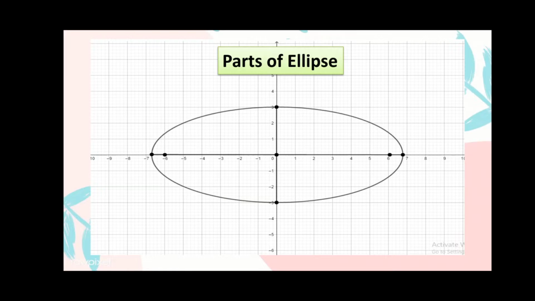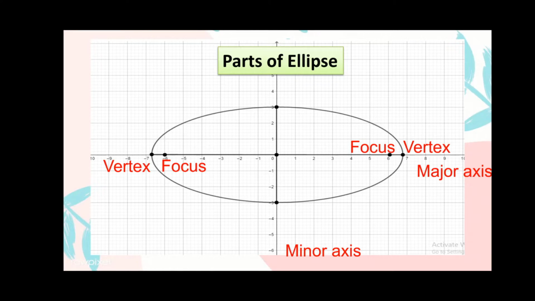The two fixed points are called the foci, or singular, focus. An ellipse has two axes of symmetry: the first is called the major axis, also known as the principal axis and focal axis, and the second is the minor axis. The major axis is the longer axis which always contains the foci, vertices, and center of the ellipse, while the minor axis is the shorter axis which is also the perpendicular bisector of the major axis. In an ellipse, the foci are always inside the ellipse and are contained by the major